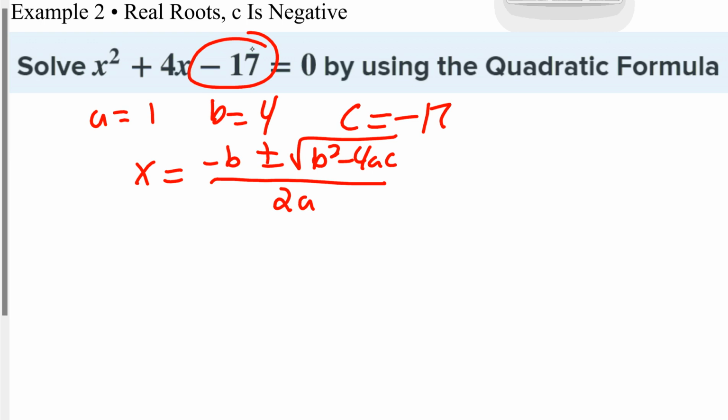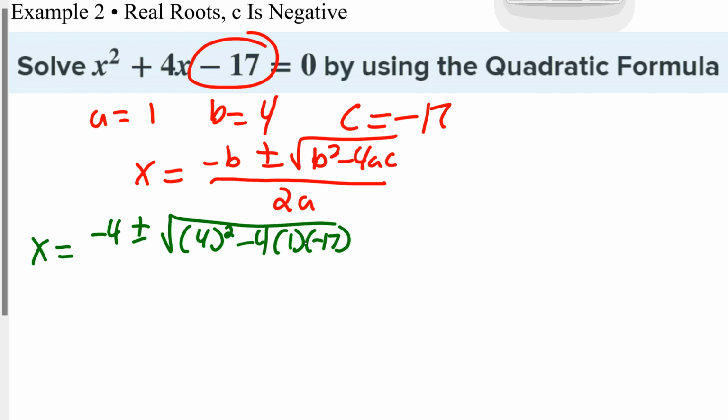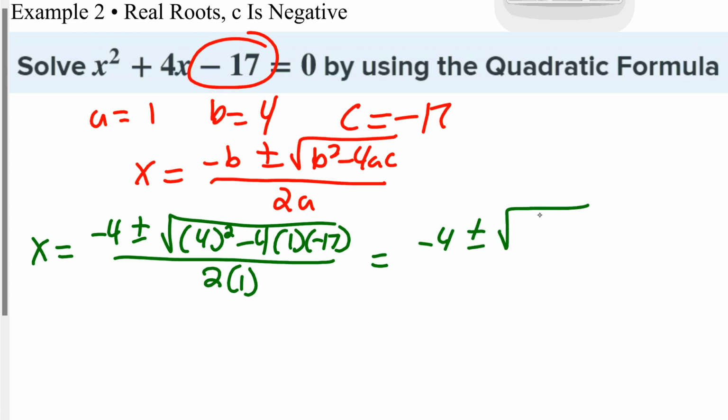Okay, so I'm just going to plug in my numbers. So negative b, my b is 4, so the opposite of 4 is negative 4, plus or minus the square root of b squared. Again, anytime you square b, it will be positive, minus 4 times my a, which is 1, and times my c, which is negative. So there I have a negative in there, so I'm going to multiply that, and then I'm going to get 4, my a here is 1, so negative 4 plus or minus the square root of 16 plus 68